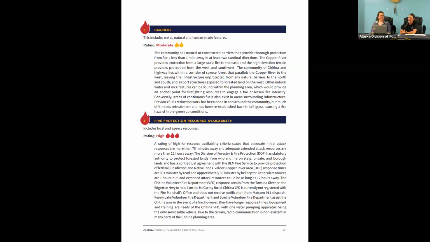previous fuel reduction efforts have been done in the community, but they do need to be retreated. One disadvantage of when you do removal of trees and vegetation is that it's going to grow back in something, and sometimes it's to your benefit and sometimes it's not to your benefit. A lot of times things grow back in